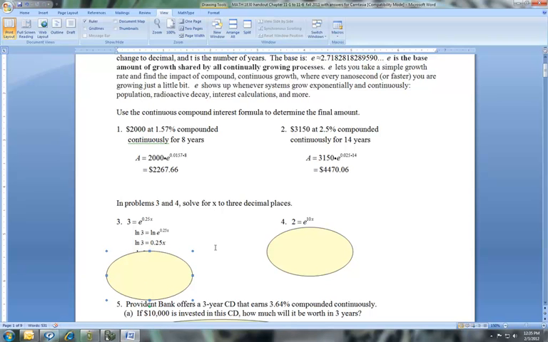I had to get the green dot out of my way. Remember, natural log of e is equal to 1. So when we bring that out, we've got 0.25x times 1, which makes it very nice. Last thing I have to do is divide both sides by 0.25,